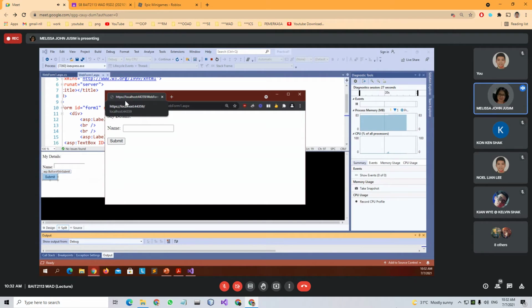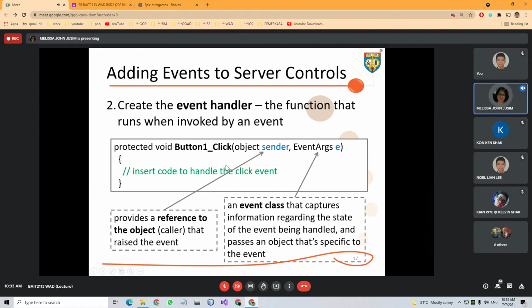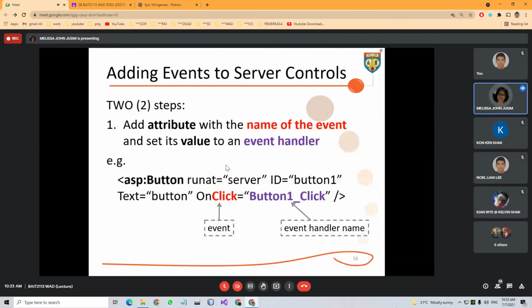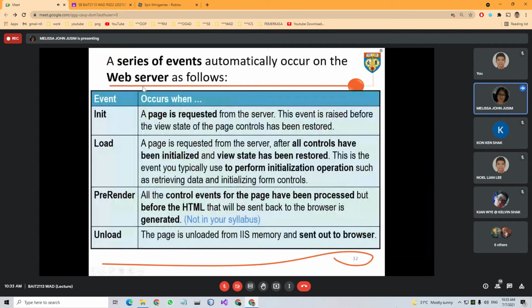What happened during init already? We request the page, and I think I need to show you this slide just now. We are referring to the third example, the ASP.NET Server control. So what happened?